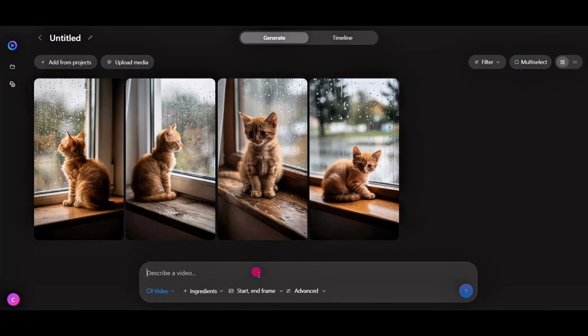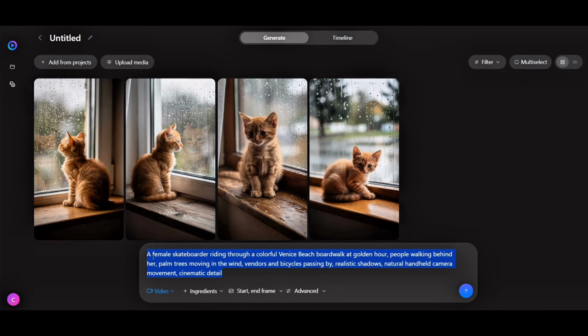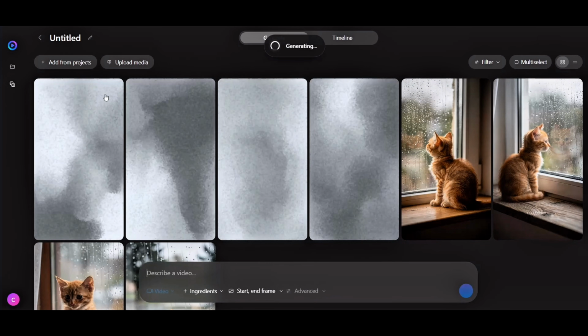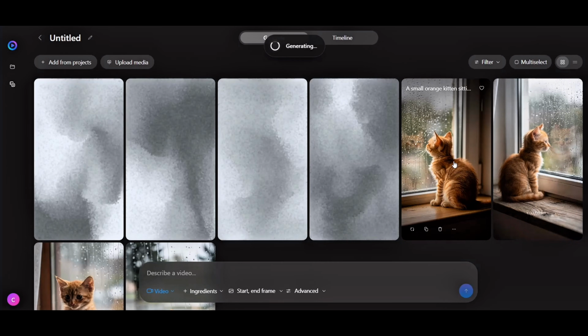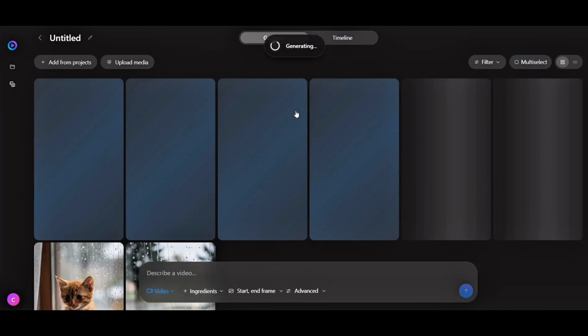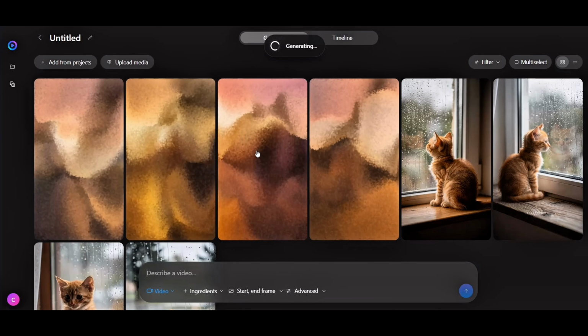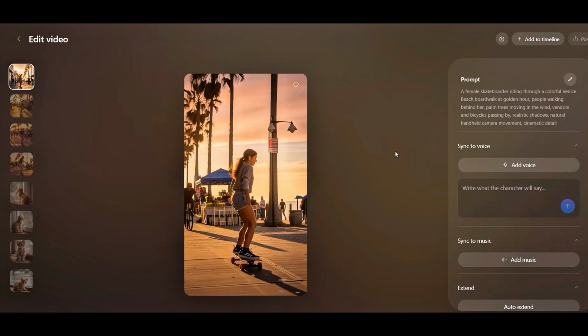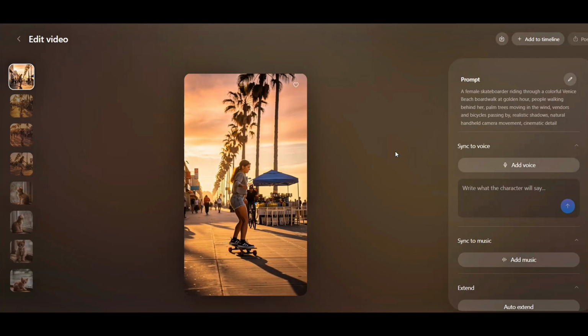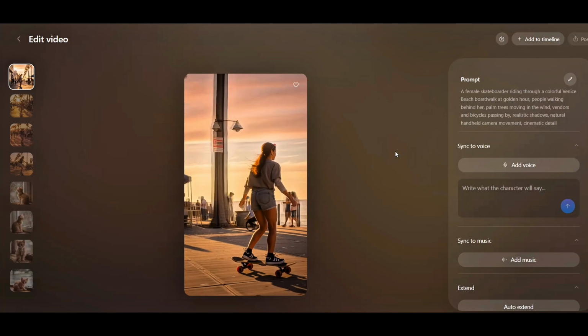Now let's step it up. For the medium test, a female skateboarder riding through a colorful Venice Beach boardwalk at golden hour. People walking behind her, palm trees moving in the wind, vendors and bicycles passing by, realistic shadows, natural handheld camera movement, cinematic detail. And okay, Vids AI is holding up really well. There's a lot more happening in this scene, but the background stays together, the lighting looks good, and the camera